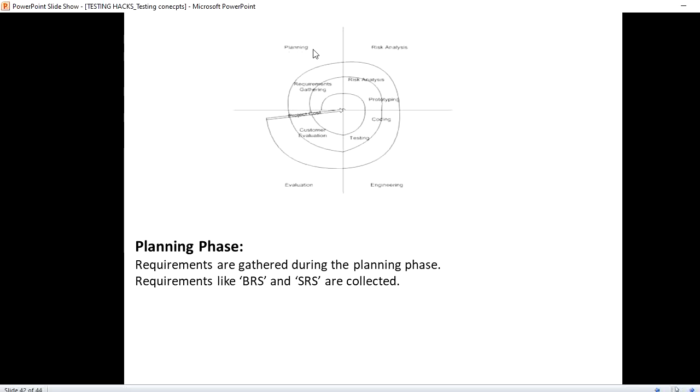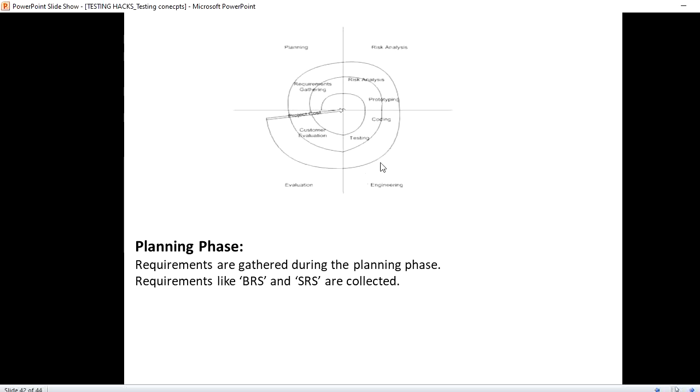What do we do in the planning stage? The very first thing during planning is that we gather all the requirements. Then the risk analysis is done. Suppose it is a scientific product which they are going to build. In that case, the risk cannot be identified initially. That requires some prototyping to be done, and only then can we see how it looks and what steps can be taken. That is why in risk analysis, a prototype will be produced.